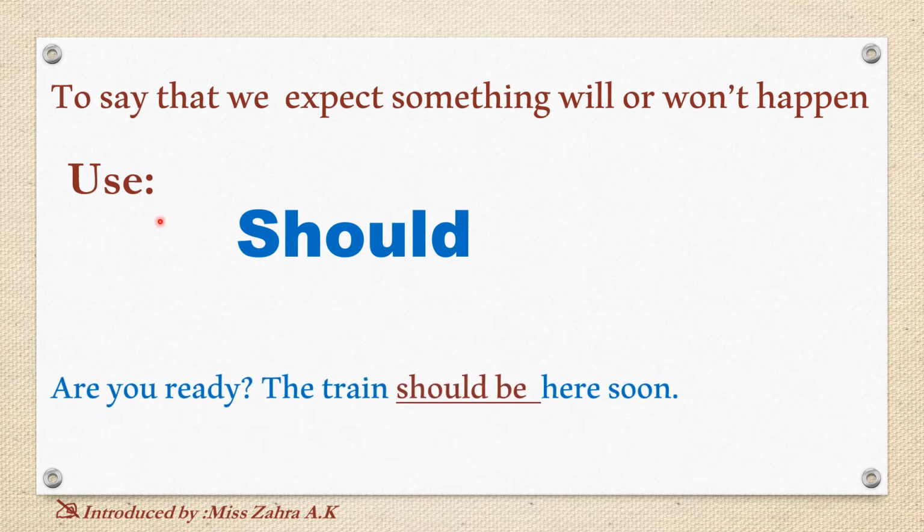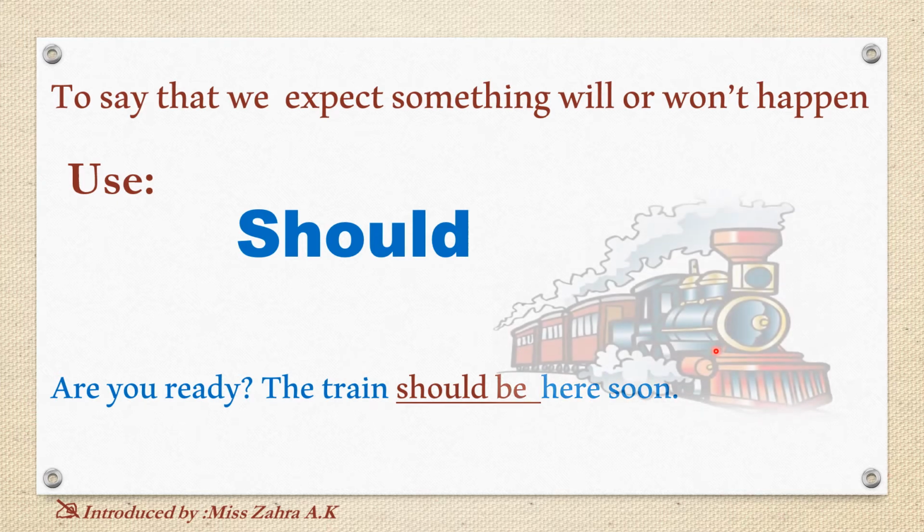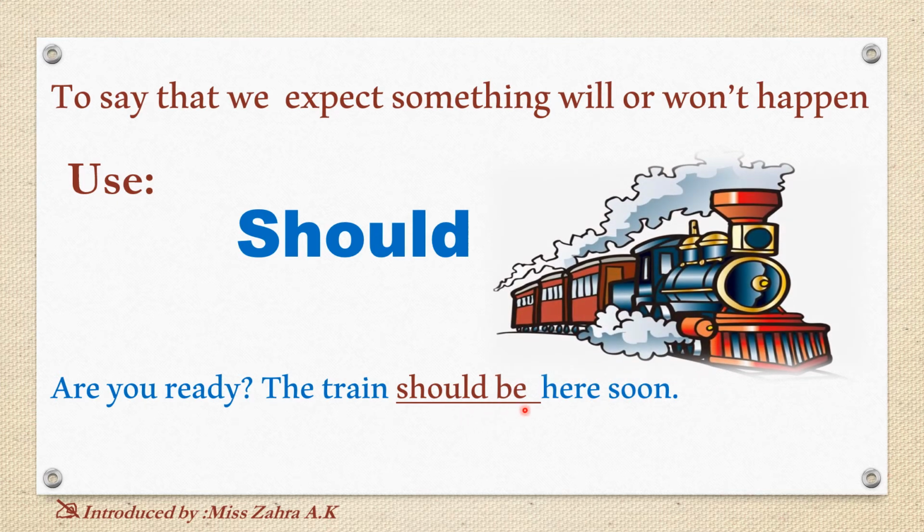To see this example, are you ready؟ في هذا المثال، are you ready? The train should be here soon. أأنت مستعد؟ The train should be here soon. القطار ينبغي أن يكون هنا قريبا. فنلاحظ are you ready؟ هل أنت مستعد؟ The train القطار should be. فنلاحظ هنا استخدمنا should، بعد should إجت البي